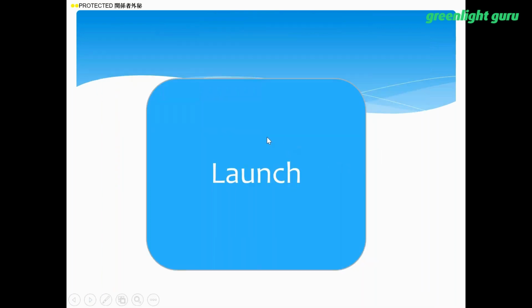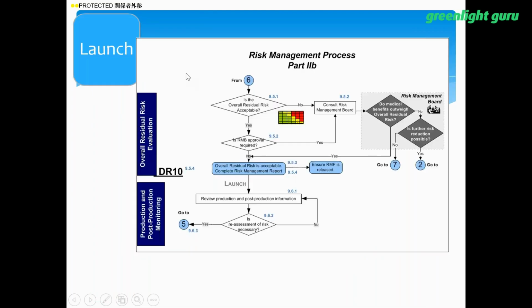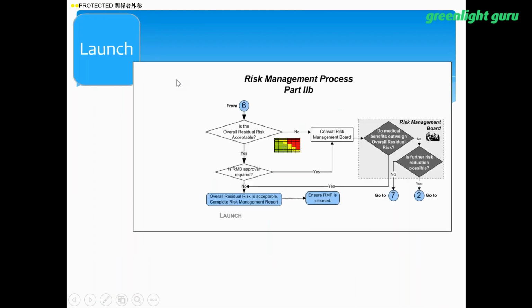So now we're getting to product launch. As we get to product launch, we're going to look again: is the overall residual risk acceptable? And this is where we go back to that risk management table, hopefully being highlighted here. When you're using a 6x5 table, which is the one I'm most used to using, the management decision that